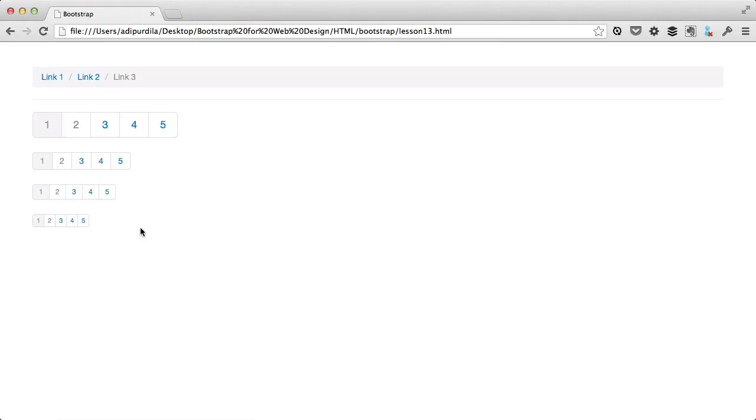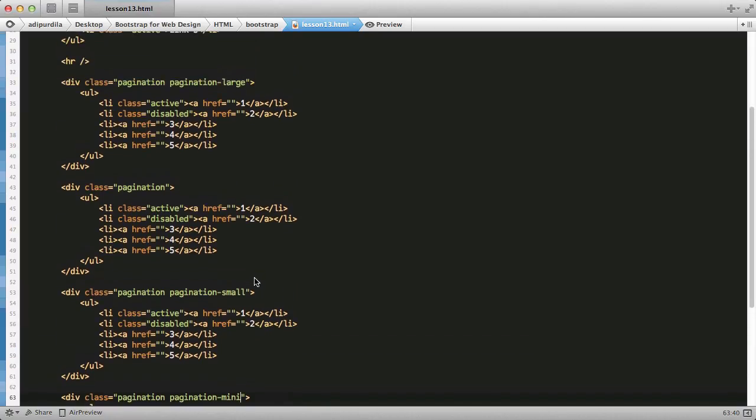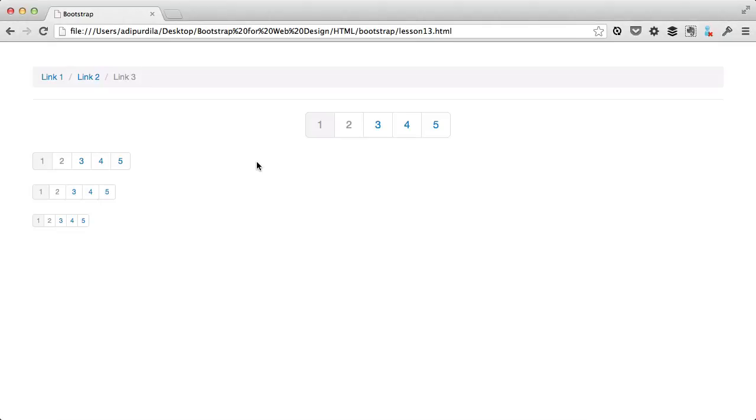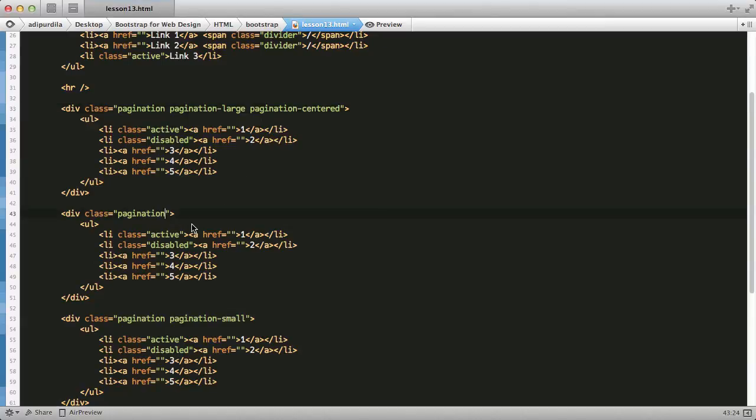Also, you can align them to the center or to the right. All you gotta do is add the classes of pagination center, like this, or pagination right,